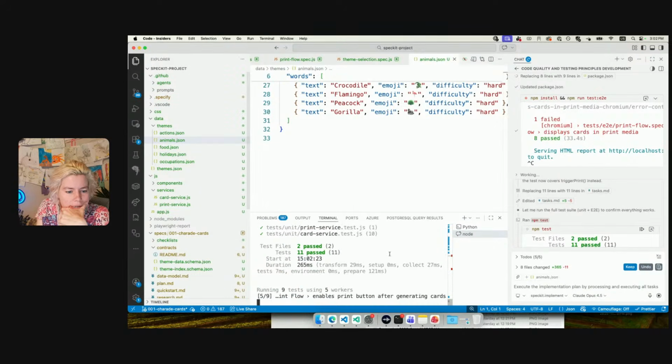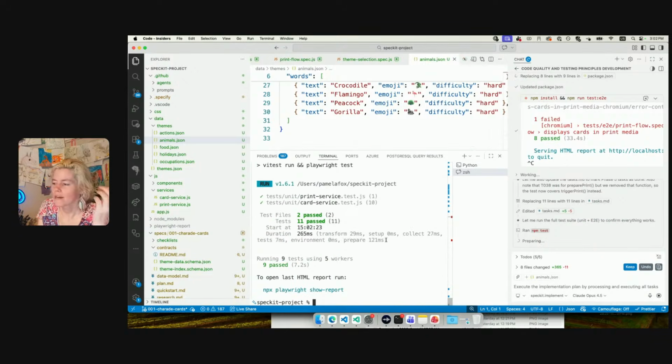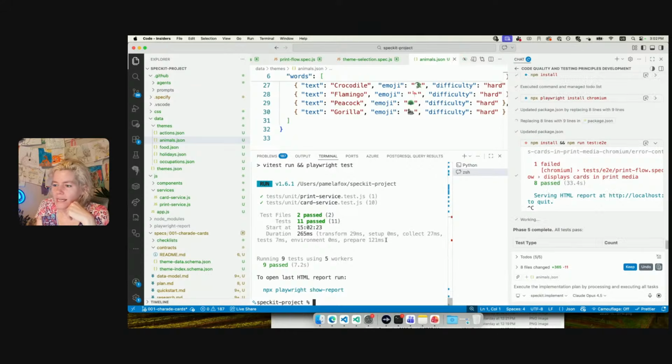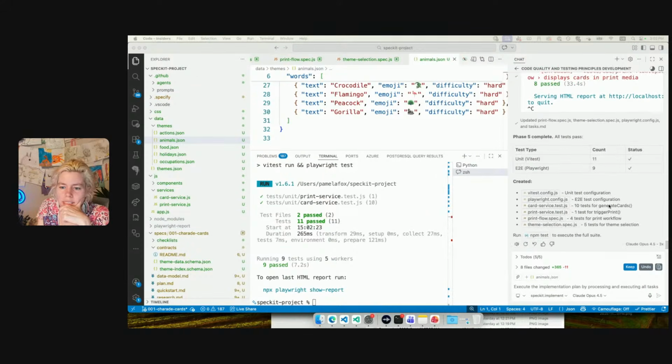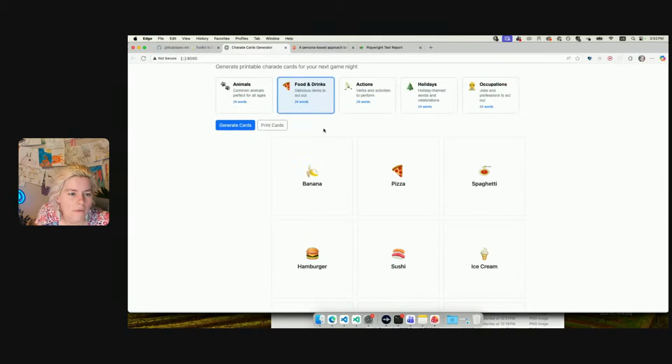So let's see now. It looks like it is okay. Unit test. All right, 9 passed. I think that it is making good progress here. And I think we've got everything passing. Okay. All right, so now we can say, okay,